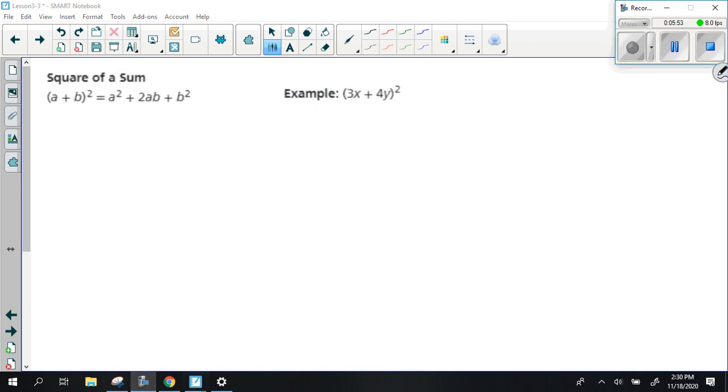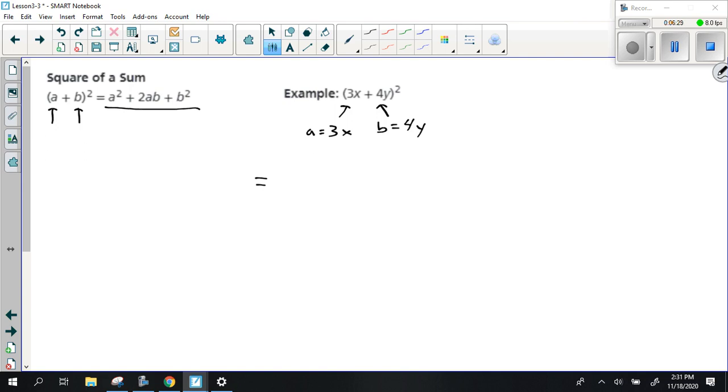All right, the last identity that we're going to look at is the square of a sum. So again, the same process. We're going to figure out what A is and what B is, right? And we're going to look and see how similar this is. A and B are just sitting right there. So A is 3x and B is 4y. That means that we can just plug that into this part of the expression, and we can express this as,